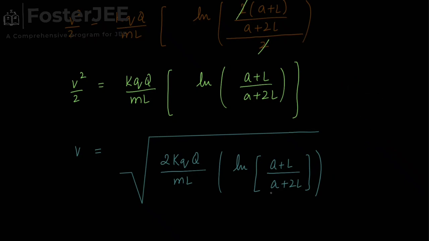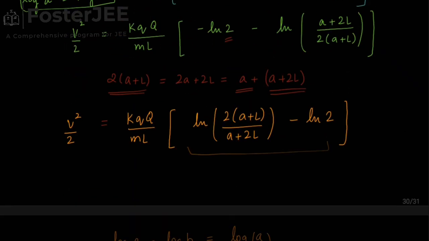Similarly, we can see the denominator is larger than the numerator, so this whole term is negative, and inside a square root we can't have any negative item. So where's the error? So remember,